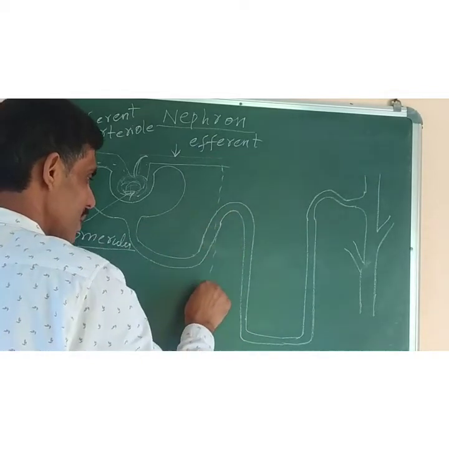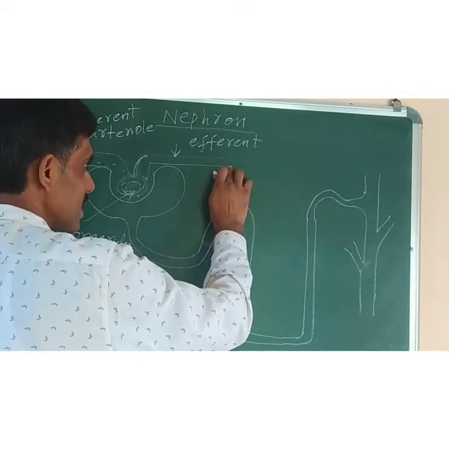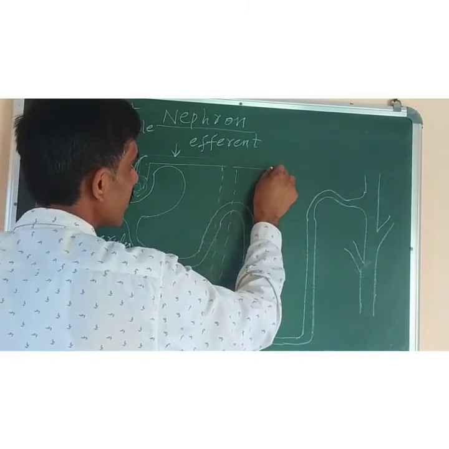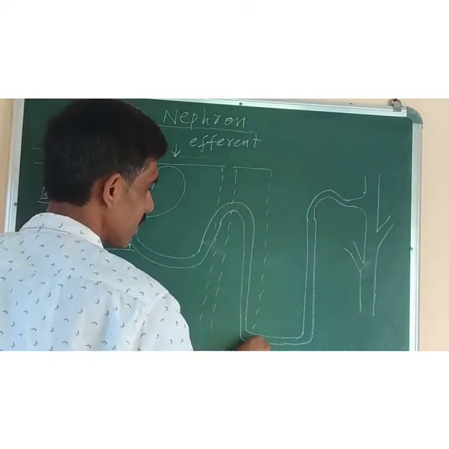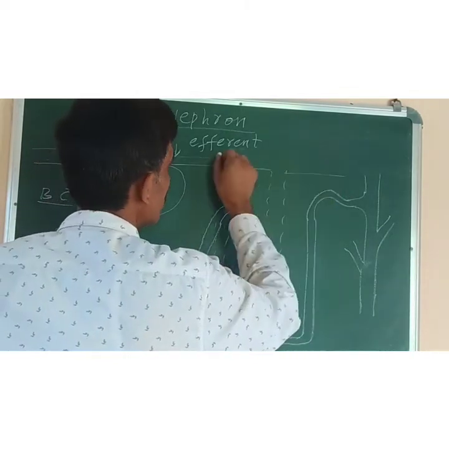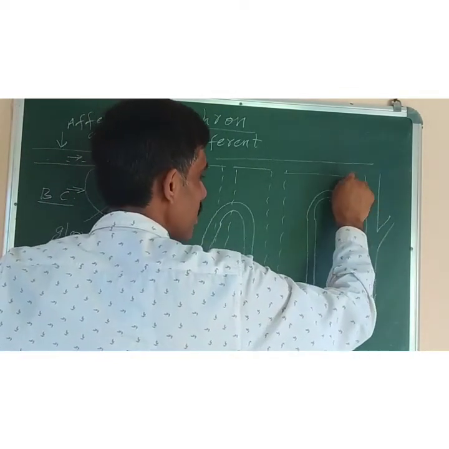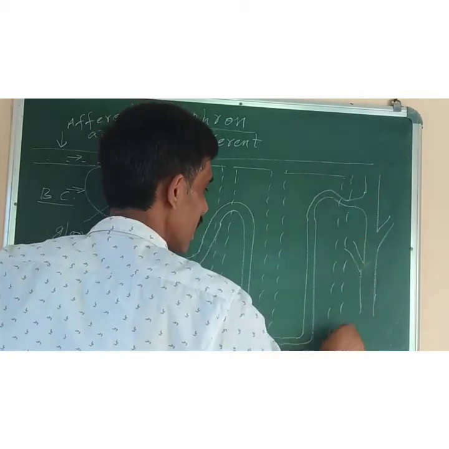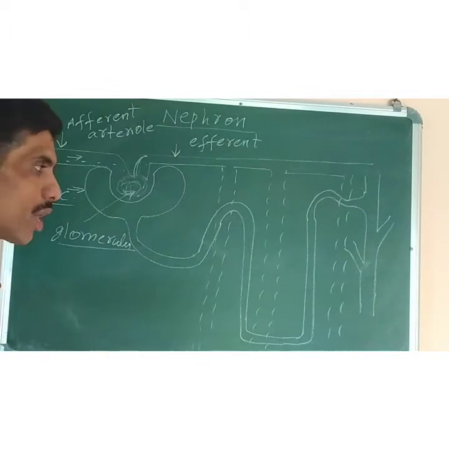Alright. Now, when it comes here, it will branch. Several branches will be there, like it will divide into branches. Alright. So here it has branched. Again, it will move further. Here also branching will be there. I have drawn the shaded one. Here again it will move further. Like this it will be branching and supplying blood to all the different parts of the renal tubule or the nephron.